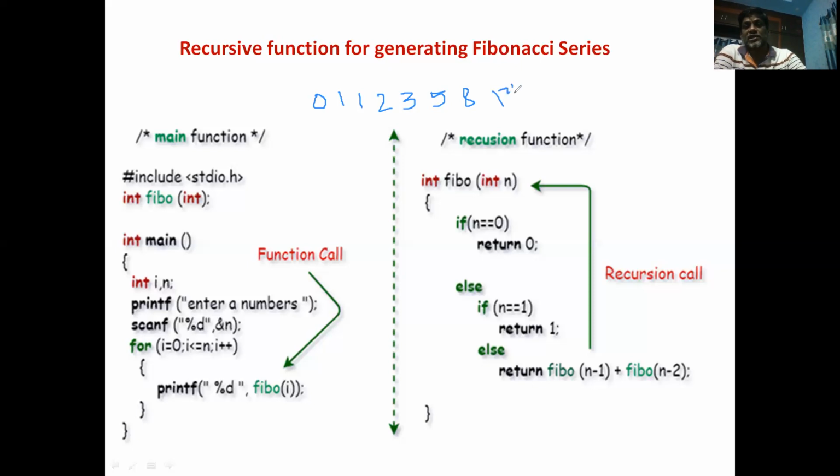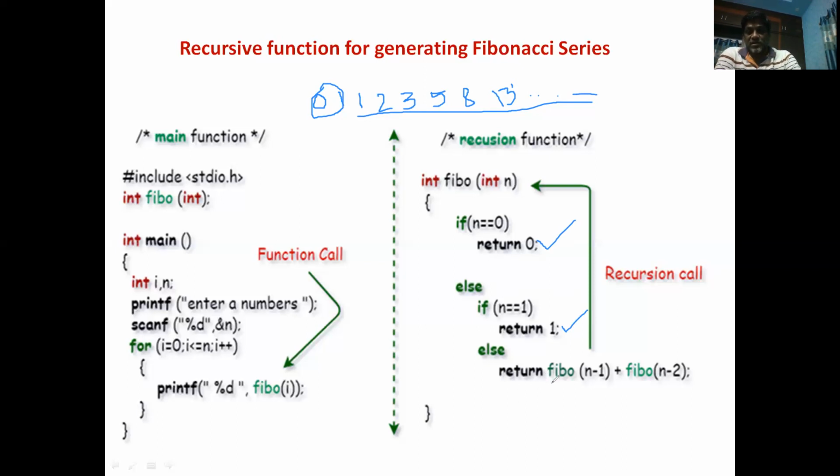And this sequence goes like this. This is called the Fibonacci sequence. The first two numbers are fixed, and the remaining numbers are calculated as the sum of previous two numbers. So this is what we are going to use. Therefore, the termination point is if n is equal to 0, return 0, because that is the first number in the Fibonacci sequence. Else, if n is equal to 1, then return 1, because that is the second number in the Fibonacci sequence. Else,